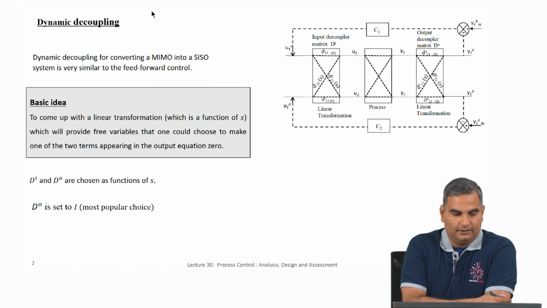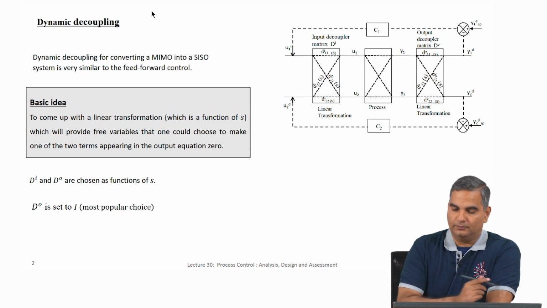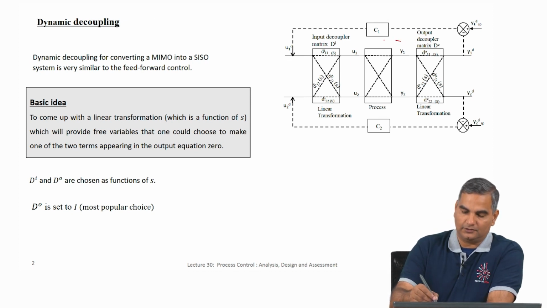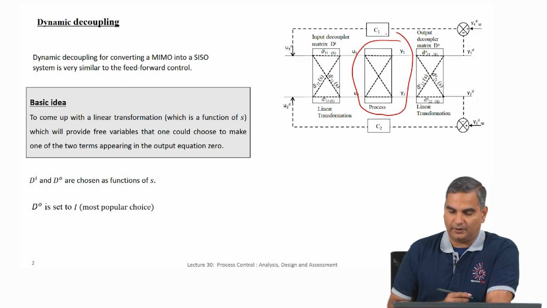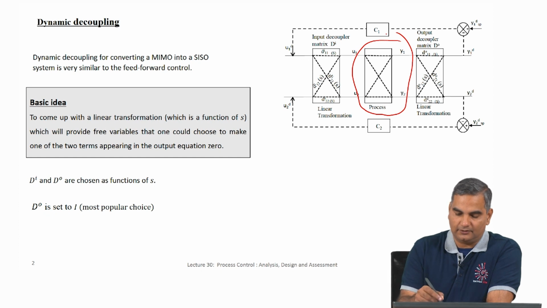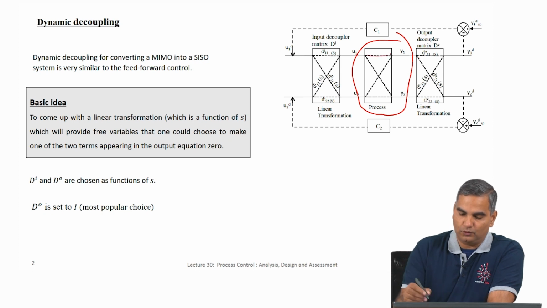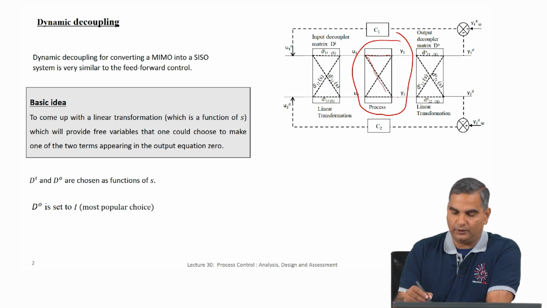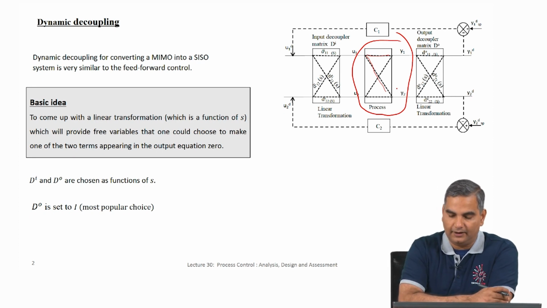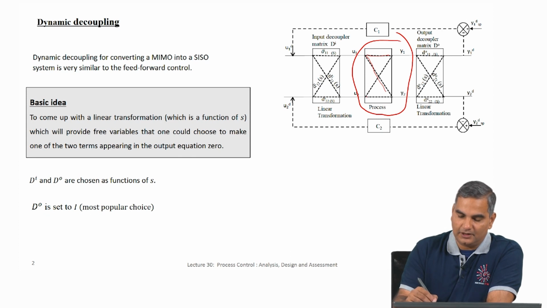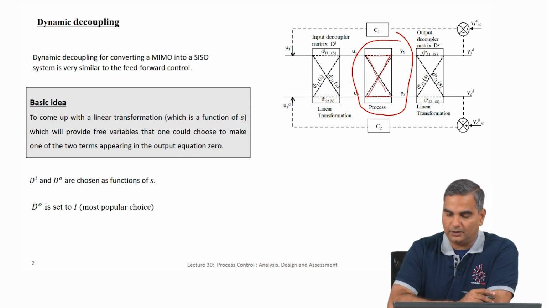So, let us look at this idea now. Let us assume that I have a process here which, like most processes, is truly multivariable. The way I have shown that this process is truly multivariable is that there are two inputs that come into this process block and there are two outputs y1 and y2, and then you see there is a path from u1 to y1, and a path from u1 to y2. That means, whenever I change u1, both y1 and y2 get affected. And similarly, whenever I change u2, both y1 and y2 get affected. So, it is truly multivariable.